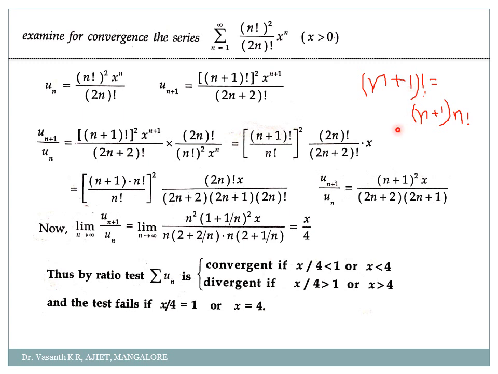So whenever again x is there, obviously what will be the solution? It will be convergent if it is less than 1, divergent if it is greater than 1, and the test fails if it is equal to 1. Correct? So go through this property, my dear students, carefully. N plus 1 factorial, I can write as n plus 1 into n factorial. If I have n plus 2 here, I can write it as n plus 2 into n plus 1 into n factorial. Same way, if I have 2n plus 2, I can write it as 2n plus 2 into 2n.